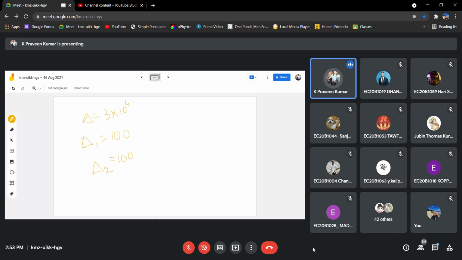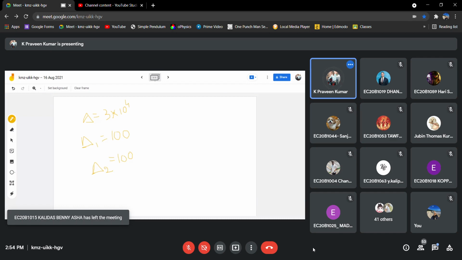Any other values you got? I think row number 43 has given, sir, I dash, I double dash equal to 1 by 300 and I3 equal to 2 by 300.